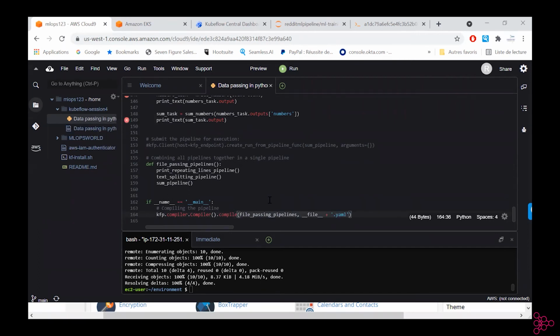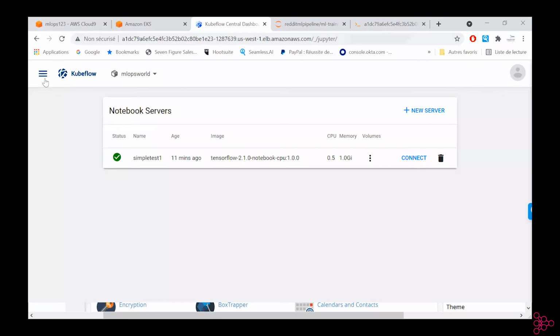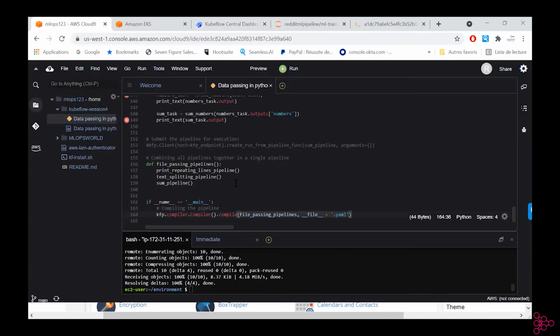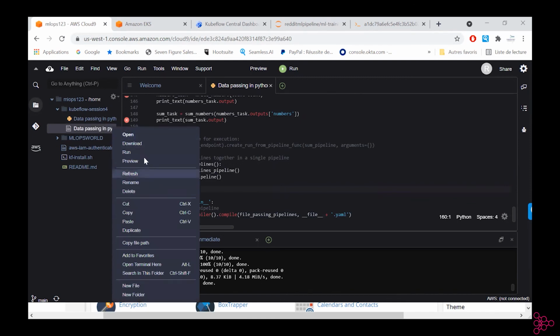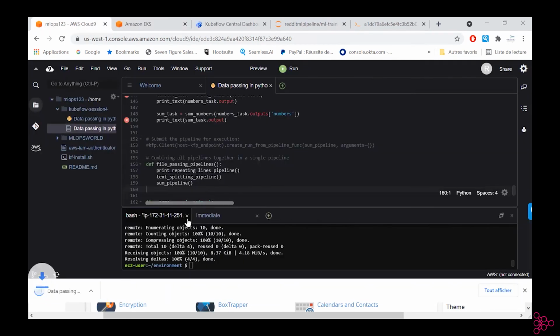Obviously, there are ways to communicate directly with your Kubeflow pipeline server, which will allow you to push your code as a pipeline. But here we use the easiest option, which is basically compile it as a configuration file. Then what you will do is basically download it from the interface.